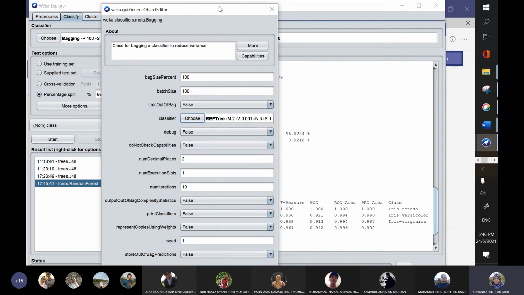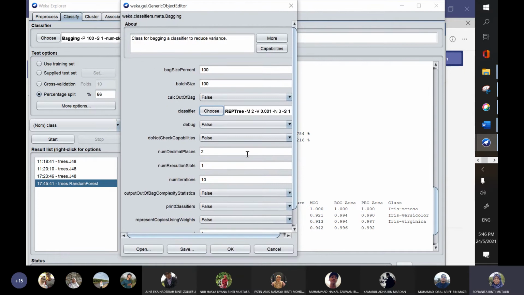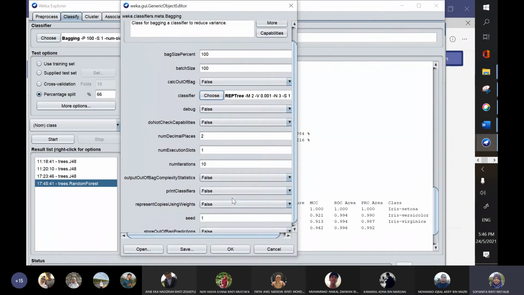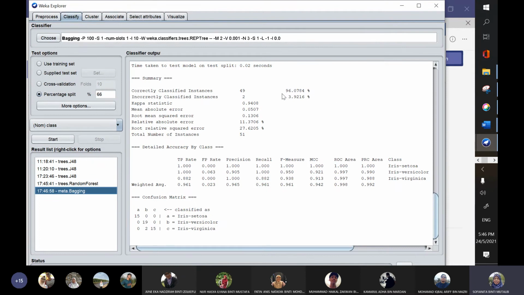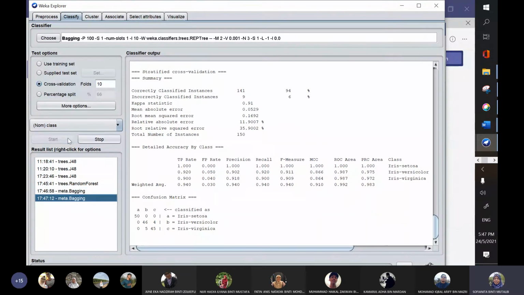Let us try to apply the default setting. Click OK and then start. If you look at the result for this data set, it is also 96. Let's try the cross validation.